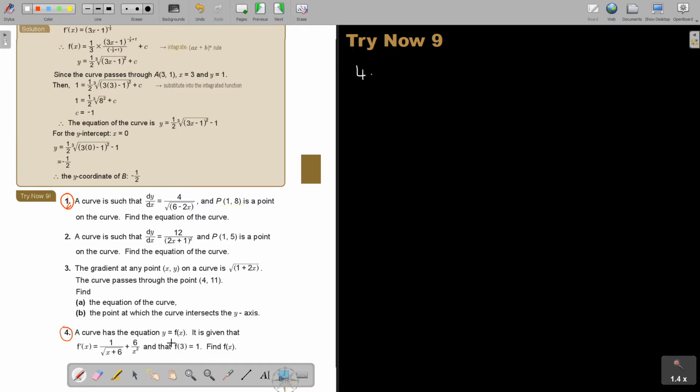Okay, and this is just why I gave you this one, because this is just a very nice way of writing the coordinate point. It's just saying that if the value of x is 3, then the value of y is 1. So don't forget, it's going to be 3 and 1. It's just another way of giving the coordinate point. Okay, so let's start with the function. We say the differentiated function